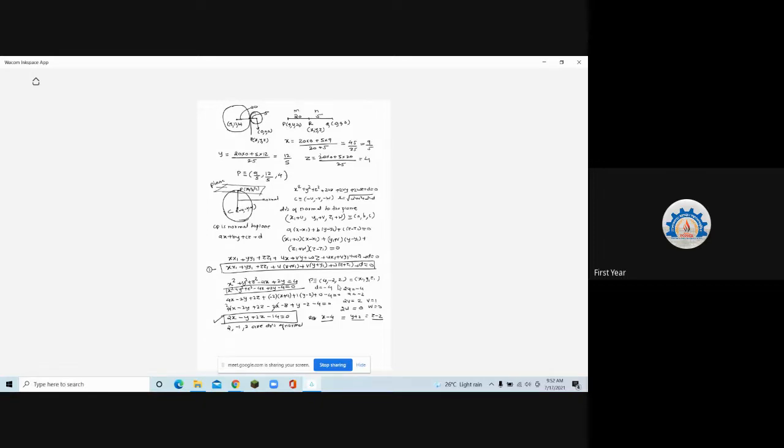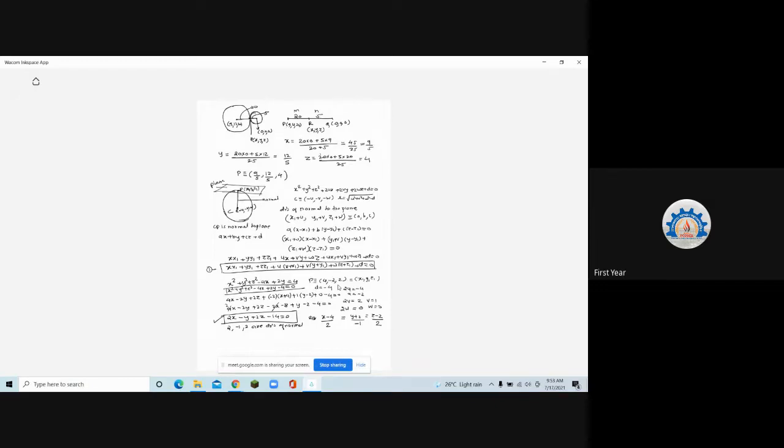How do we write equation of plane? ax plus by plus cz plus d is equal to 0. Then a, b, c are the direction ratios of the normal. So what are the direction ratios of this plane's normal? 2, minus 1, 2. So they'll come in the denominator and this will be the equation of normal. Is this clear? These are sub parts of the questions and this will be asked in your MCQ. So your equation of plane is 2x minus y plus 2z minus 14 is equal to 0. Therefore, the direction ratios of the normal to this plane will be 2, minus 1, 2, which is asked.